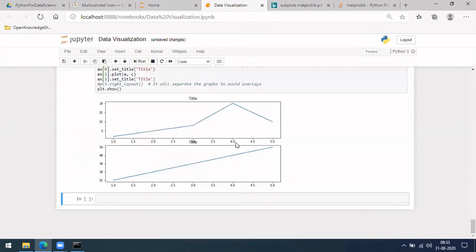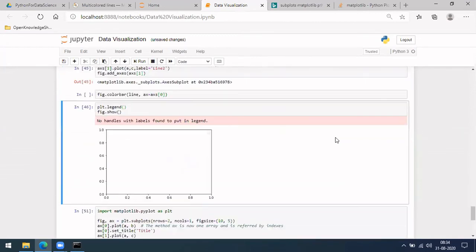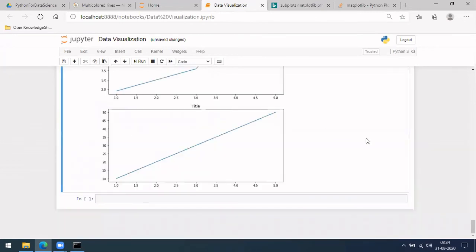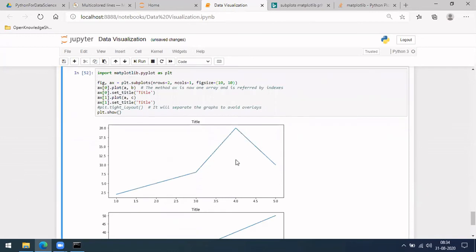Okay. See, in case you modify it to something else, let me do 10 by 10, so it will be square. So if you want a larger graph, you get it by modifying this figure size. Here you do the plot, and set title is optional anyway. You can give set title if you want, and similarly like this, and then just plot.